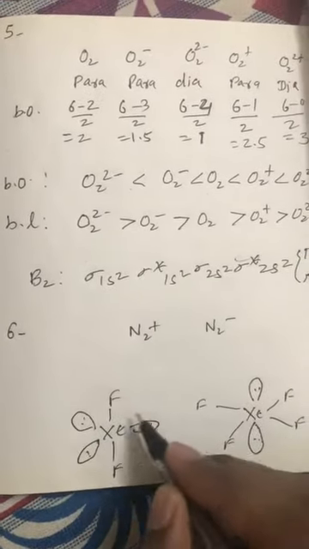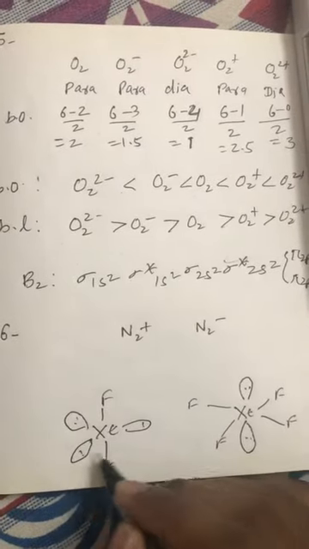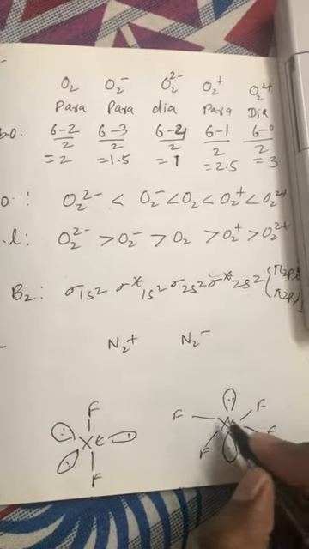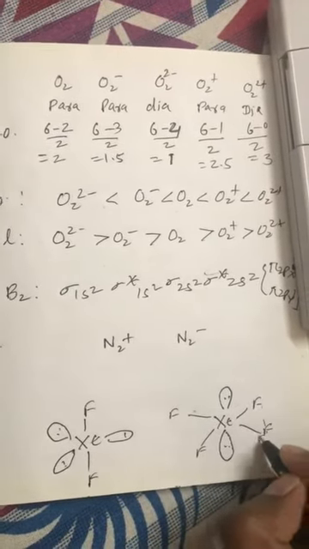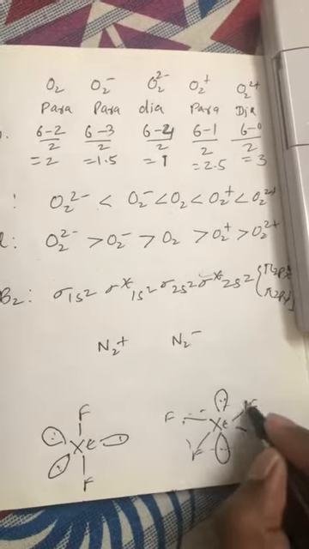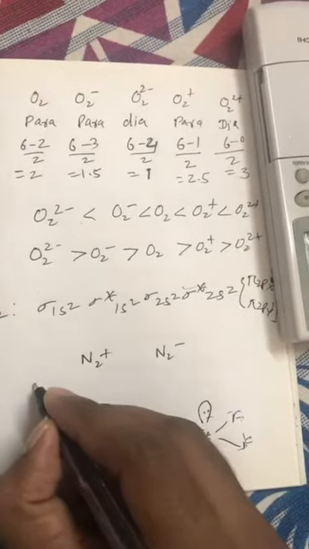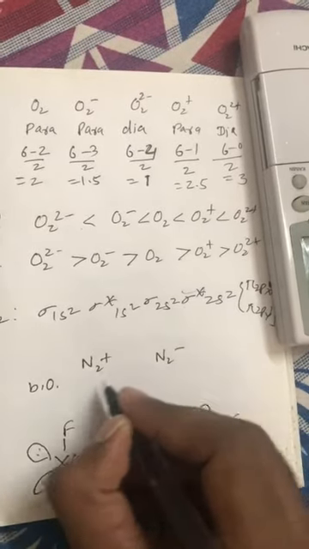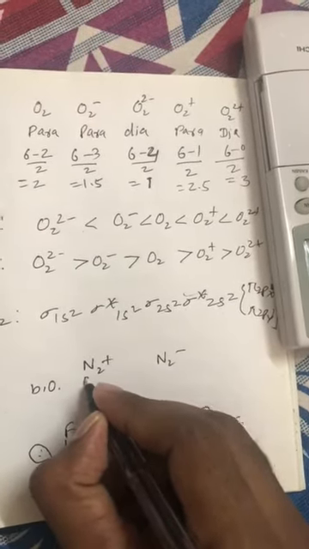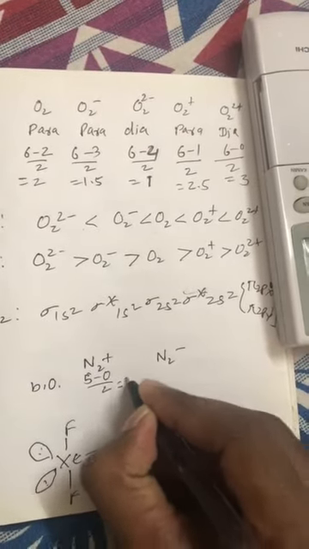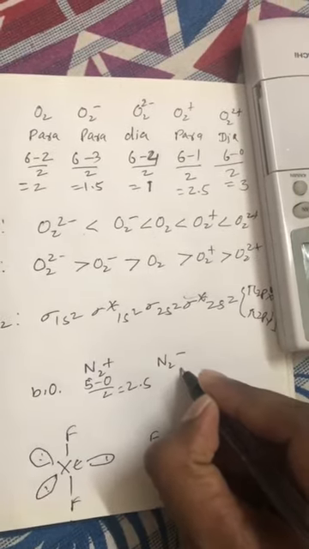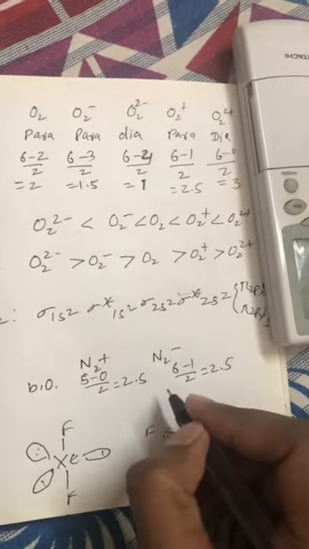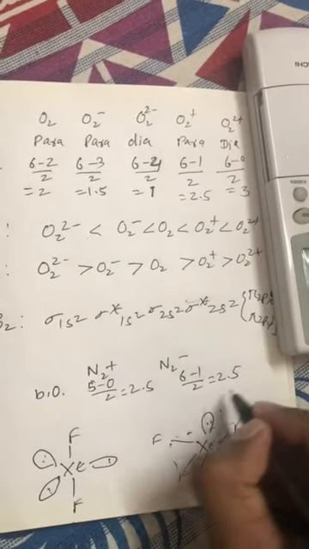XeF2 will have 3 lone pairs at the equatorial position and both fluorines at the axial position, while XeF4 is square planar. Because of this, both lone pairs will be opposite of each other. Now the bond order of NO2 positive and NO2 negative will be the same. It is 5 minus 0 by 2, that is 2.5, and it is 6 minus 1 by 2, also 2.5. So the bond order of both will be the same, but in the case of NO2 negative,